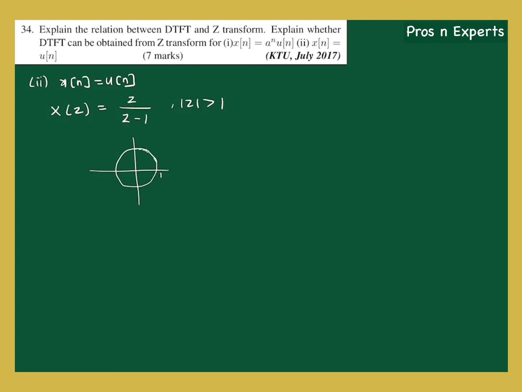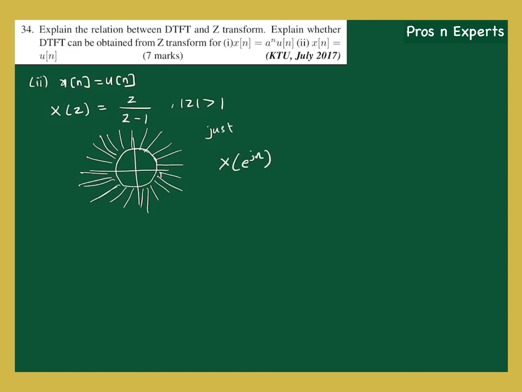This is the unit circle, so mod z greater than 1 just includes the unit circle. So it is a marginal existence, right? Since it just includes the unit circle, the DTFT exists marginally,